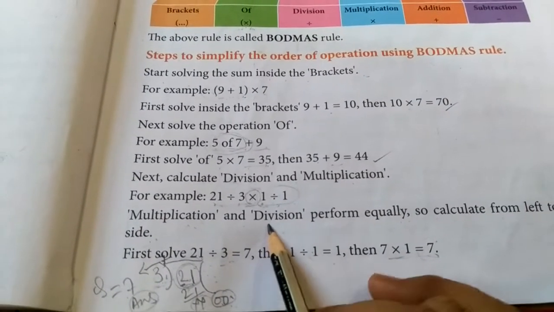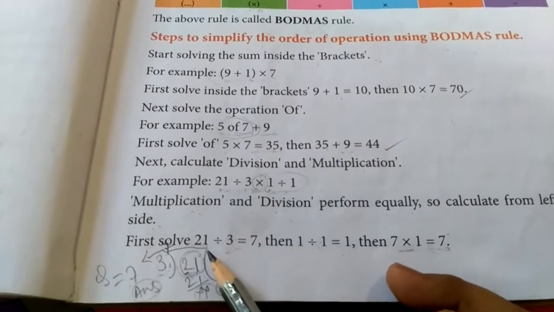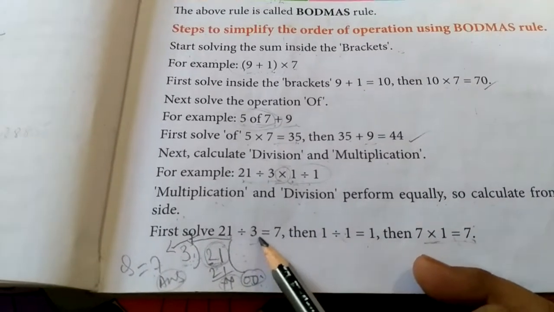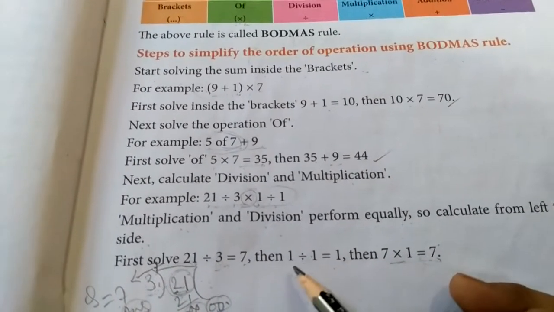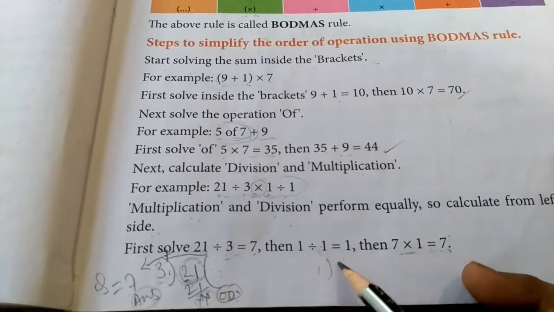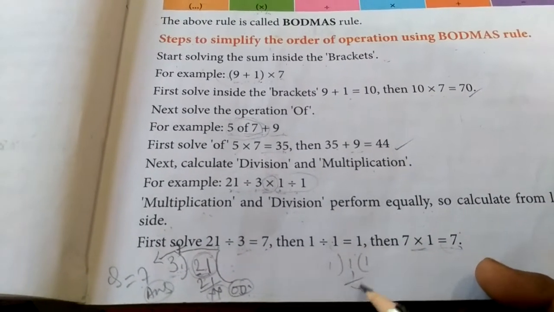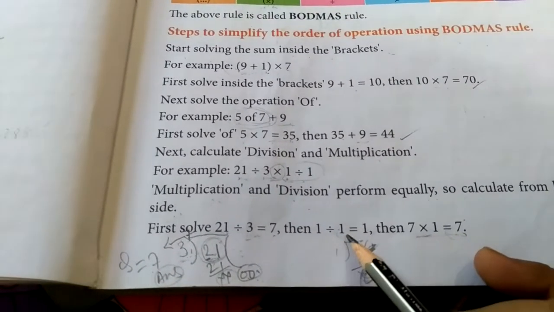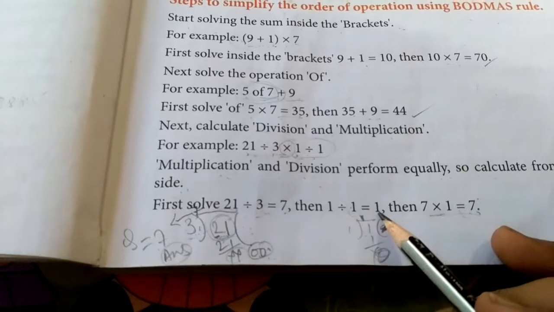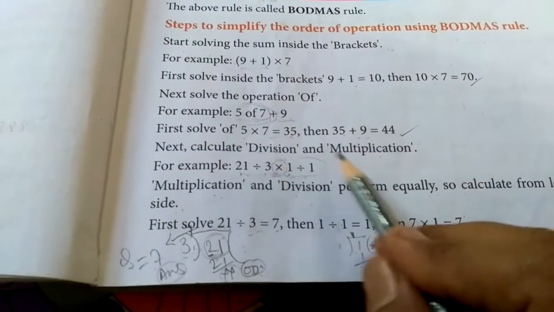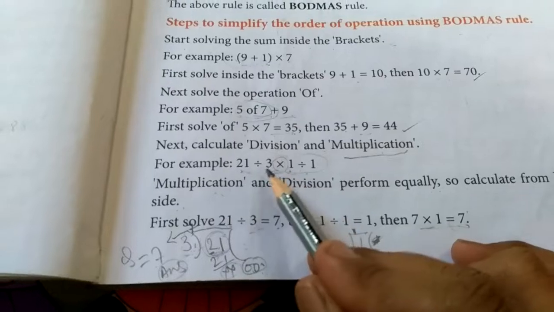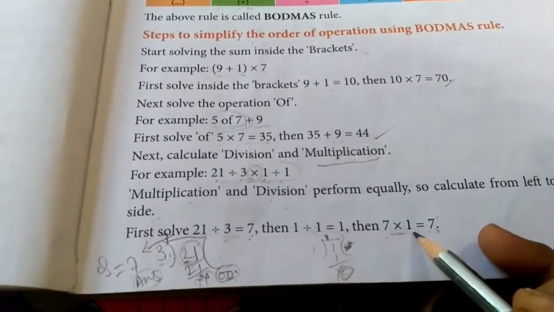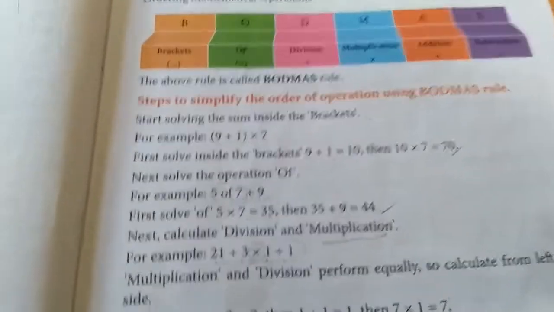First we will perform the division operation. So that's what we have done: 21 divided by 3, the result is 7. And then when 1 gets divided by 1, we get 1. Or you can write here also if you don't want to write it here, the remainder is 0. Then 1 divided by 1 will give us 1. Now, after division we have to see the multiplication operation. So here it is 7 and here it is 1. Then 7 multiplied by 1 is equal to 7.